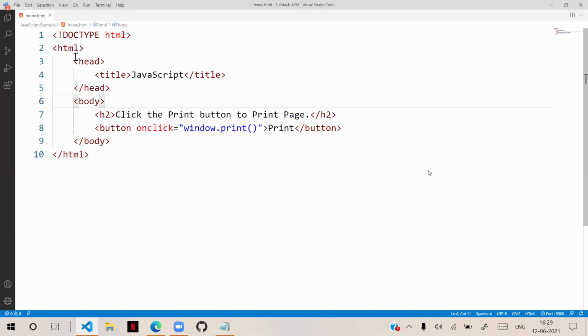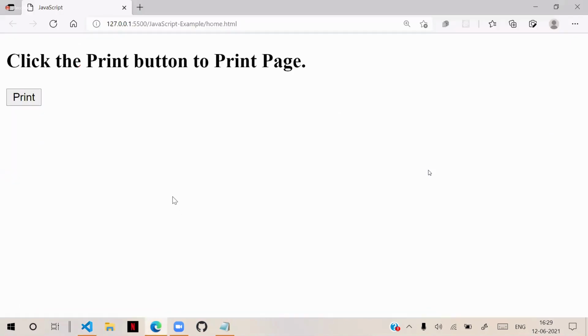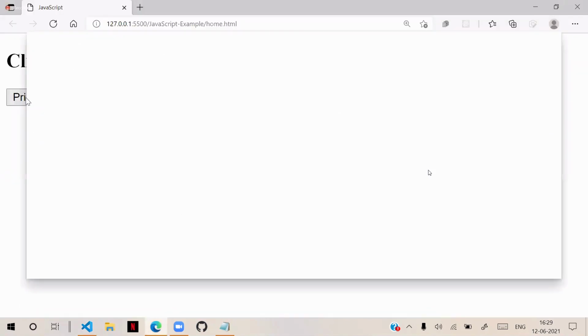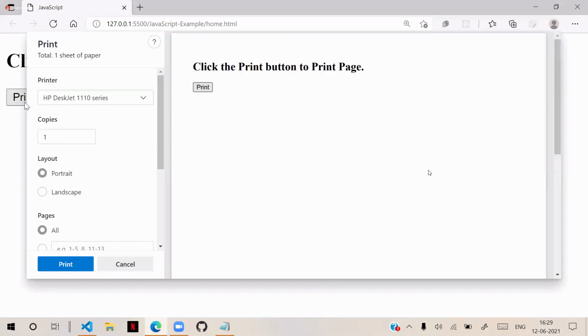That means you don't need to write anything anywhere else. You can directly write the script inside this element, and for that element, it will work. Now I will open this and click on the print button. Now JavaScript is working. It opens the printer properties so that we can print.